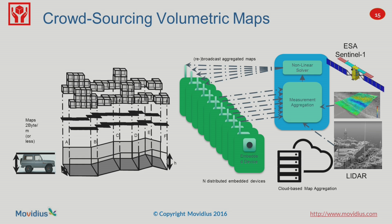So again, this kind of technology allows you to do that kind of aggregation with very low overhead in terms of the communications required to exchange maps. And by the way, you can still take very high quality national or regional level LiDAR scans, which there are in many countries, and you can take those and integrate them, or even, in fact, one of the best pieces